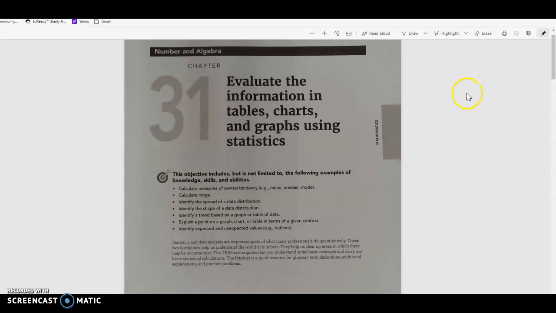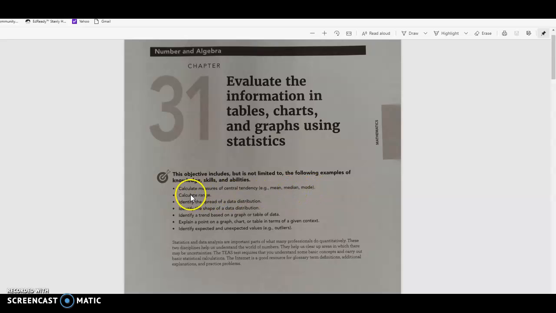In chapter 31, you're going to evaluate the information in tables, charts, and graphs using statistics. You have many objectives for this particular chapter, so make sure you understand all of them. Calculate measures of central tendency. In other words, can you find the mean, median, and mode of a list of data, which you may already